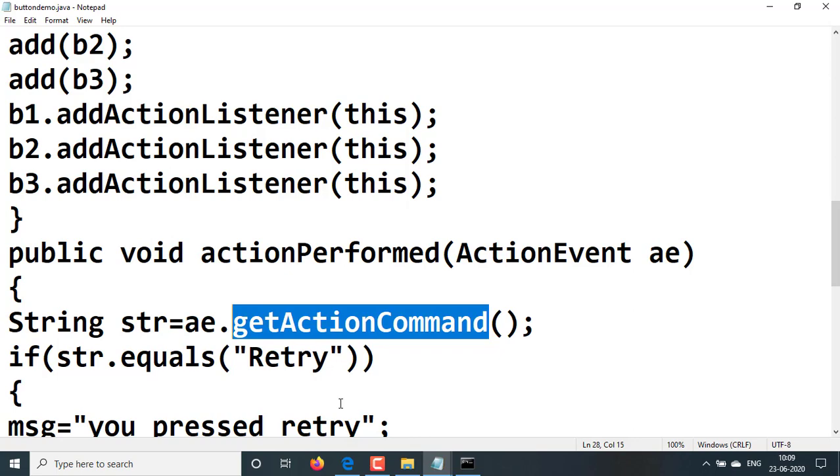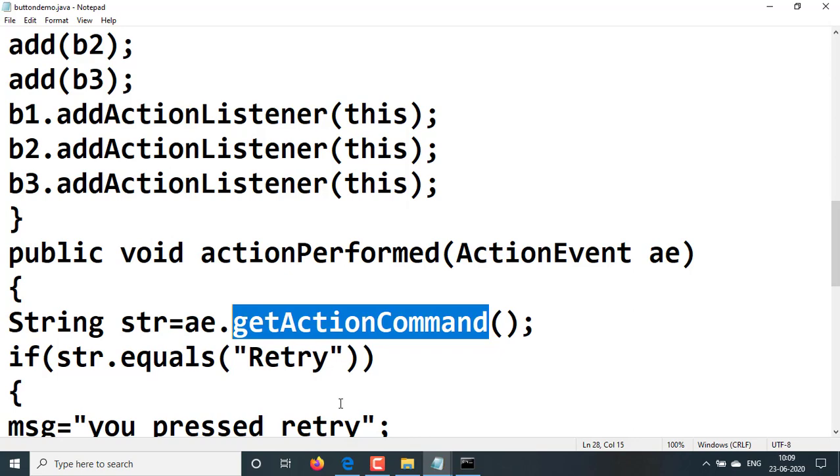It returns the label of the button which generates the event. When we click on the b1 object, or button 1, the label contents of that button are retrieved by using the getActionCommand method, and that label we have stored in str.